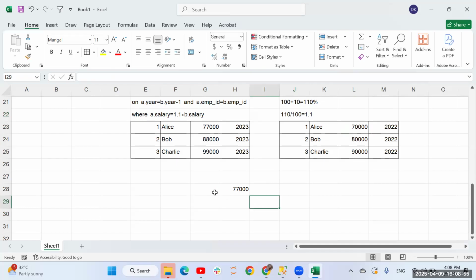So that's what I am doing over here. This will be my employee ID 1. This year salary was 77,000, and for the previous year I just multiply it with 1.1 and I am getting that. We have employee 2, salary was 88,000,